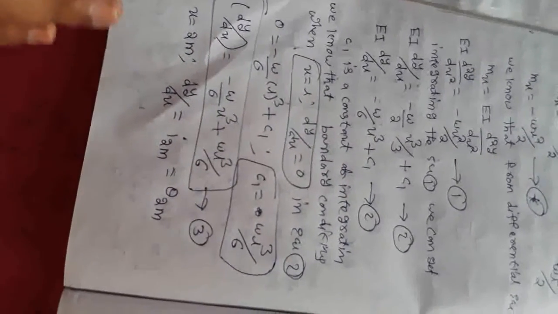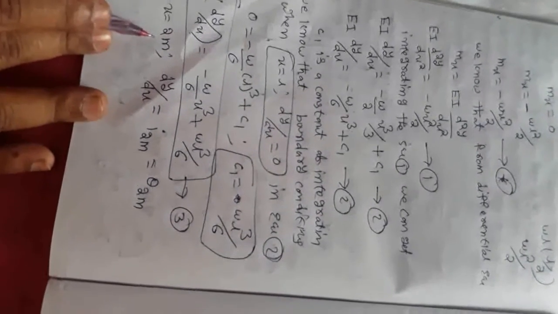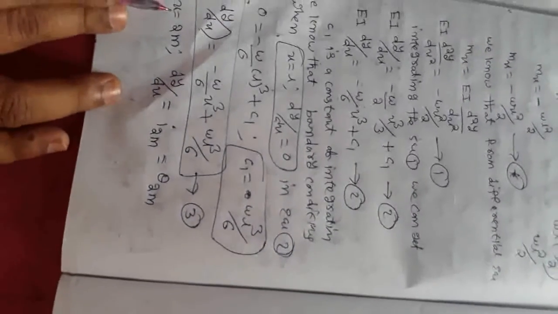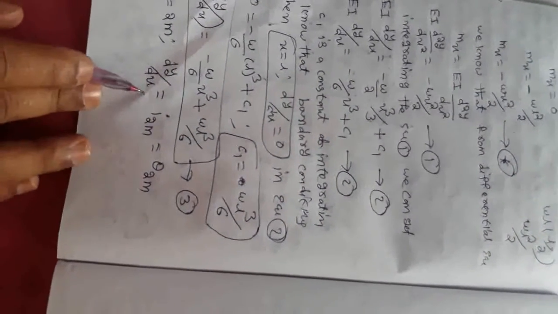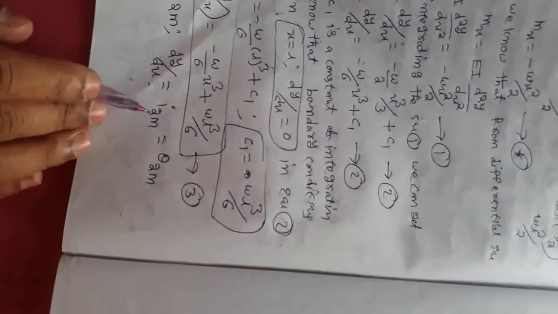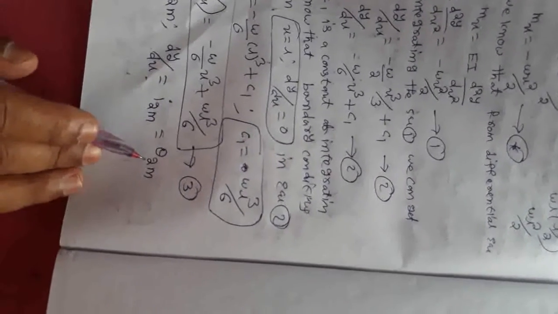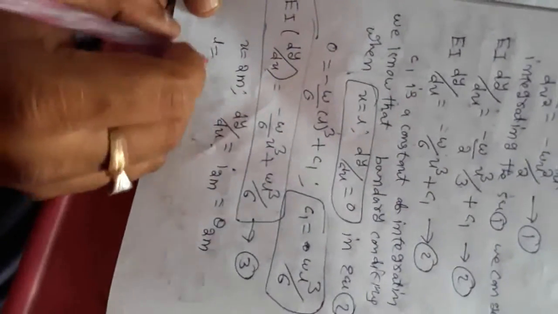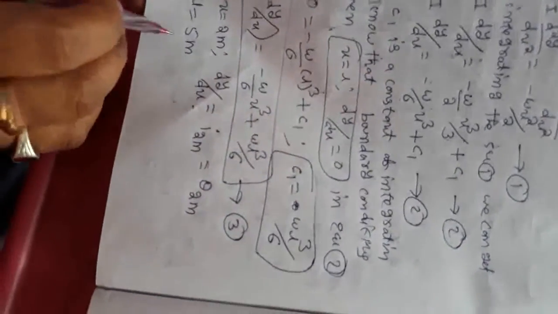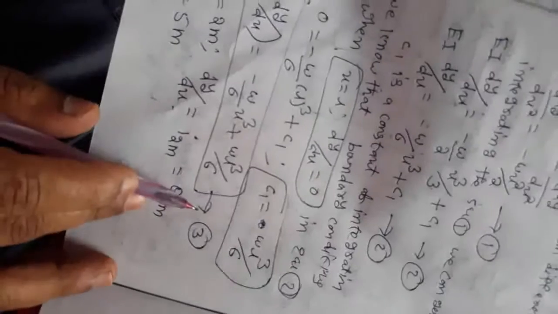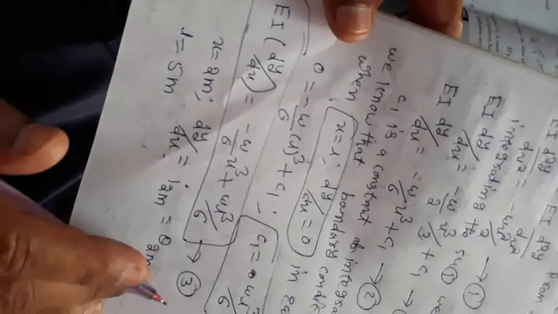If the problem asks for 3 meters from the free end, you can substitute x equal to 3 meters. Or for 4 meters from the free end, you can substitute x equal to 4 meters. The equation is the same for every case, but here is the change: you change it by the question only. So x equal to 2 meters and L, already you know the L value, that is 5 meters. Substituting these values in equation number 3, you can get the slope at 2 meters from the free end.